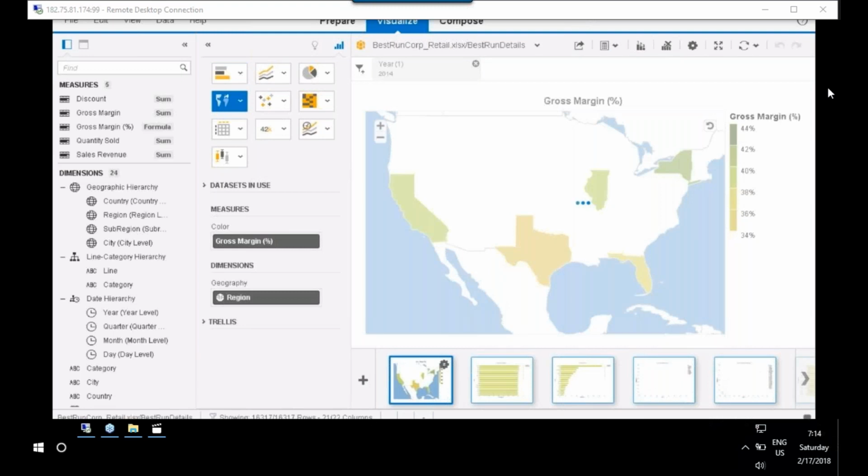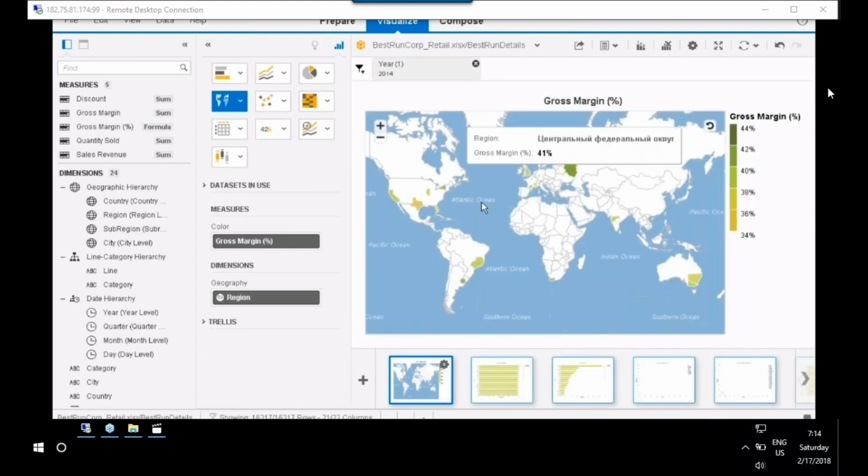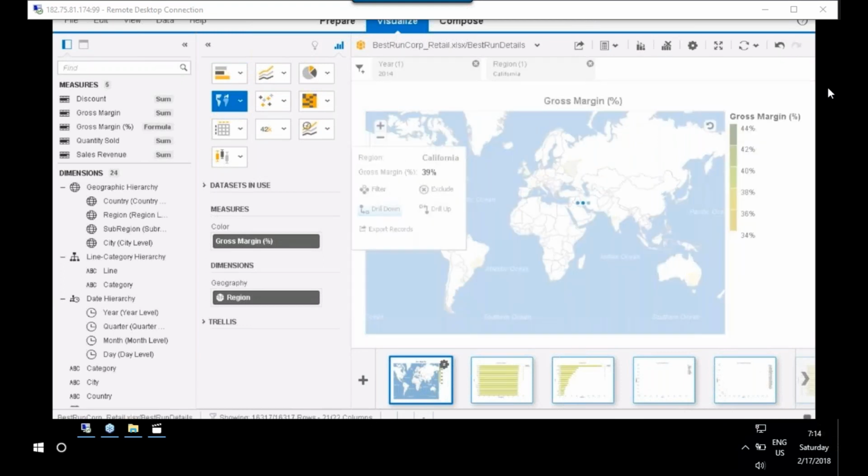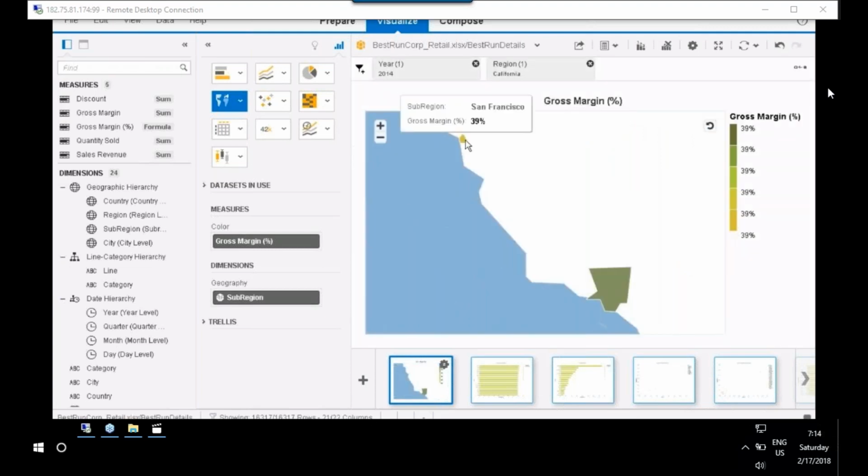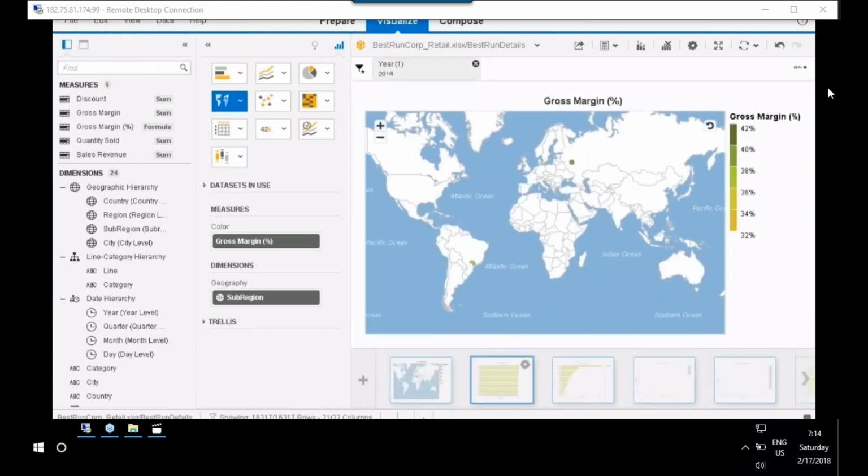So in here you can see geospatial analysis: Russia, Texas, California, and then in California, San Francisco, Los Angeles. What is the gross margin? And then here you can see countries by gross margin,